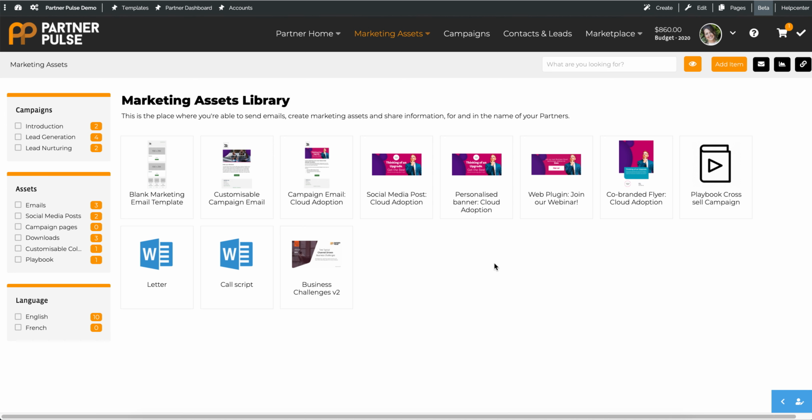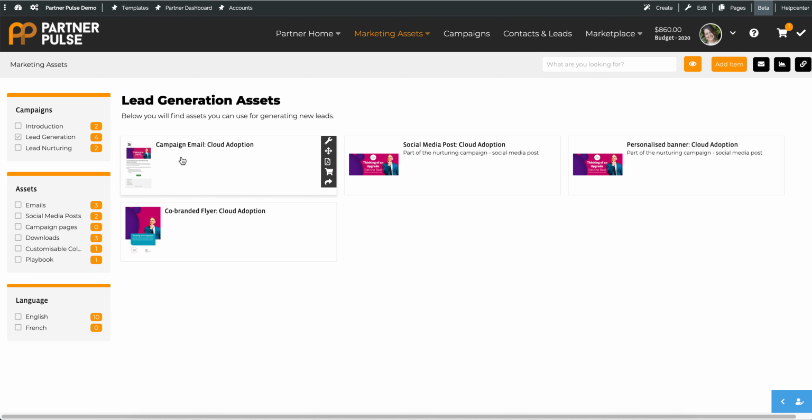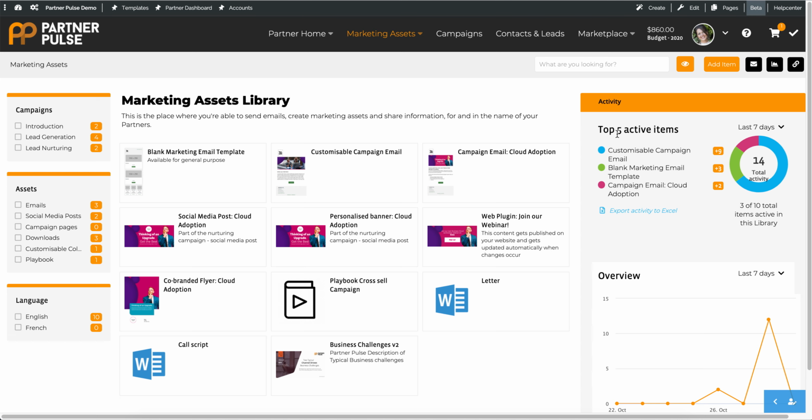Everything you can expect from a file-like system, like search or different views or tags to help you narrow down what it is that you're looking for, or a company text with some little more guidance to your users. All pretty straightforward. It has a basic reporting to see which are the most active items in a period of time,